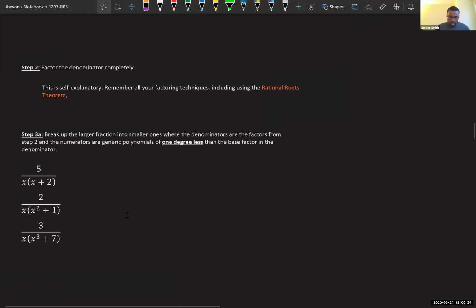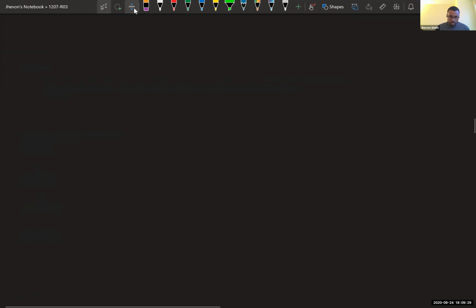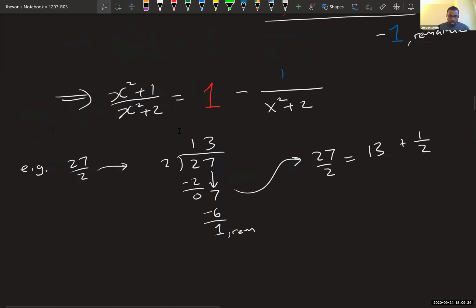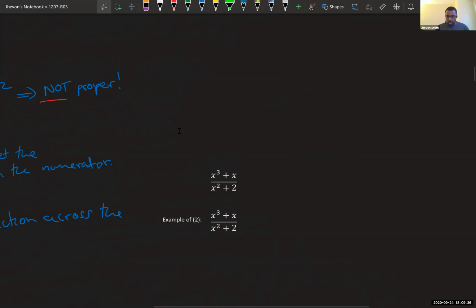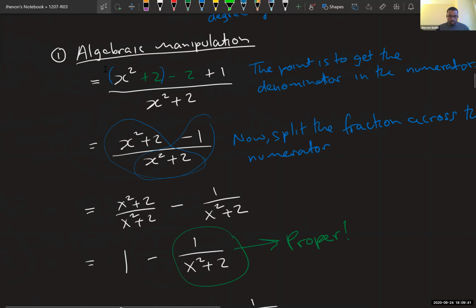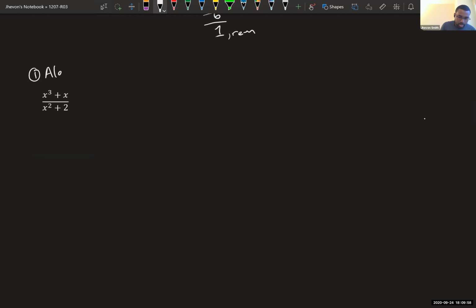Actually make some space here for the other examples. Okay, so you can do polynomial long division. So let's look at a couple more examples. Let's look at this one. Here I have x cubed plus x. So remember, if I try to do version 1, algebraic manipulation,